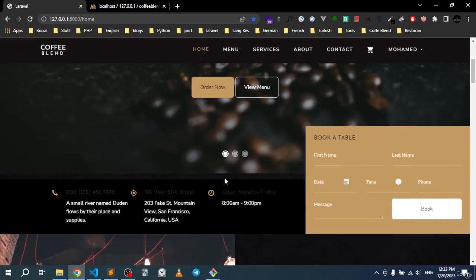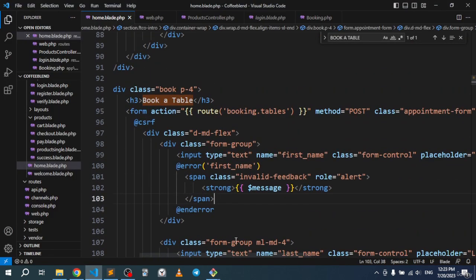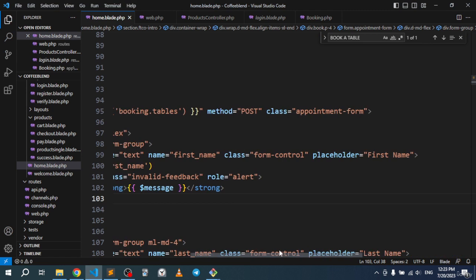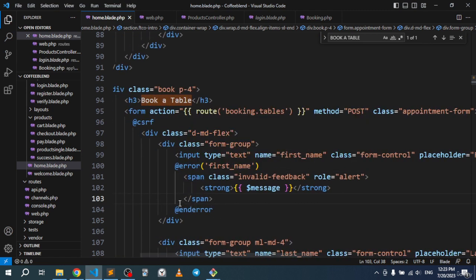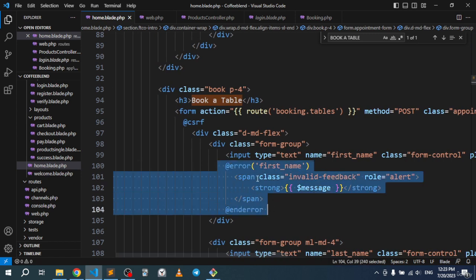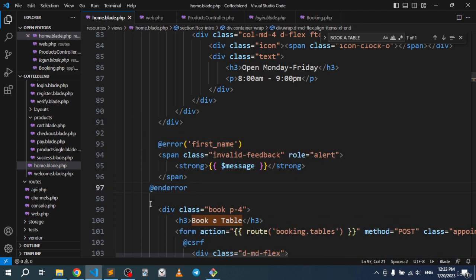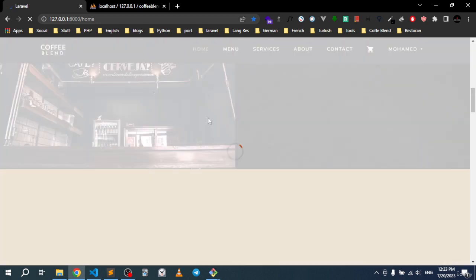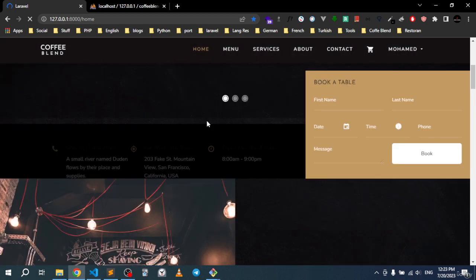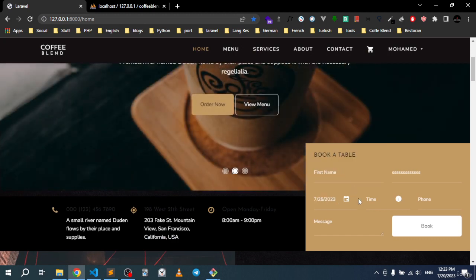All right, that's totally fine. That's not gonna show up. Let's see right there. Error and error right there. If we simply try to cut this and paste it right there and save. Let's see if it's gonna affect the design or not. All right, so it's not gonna affect the design. So if we try right now,